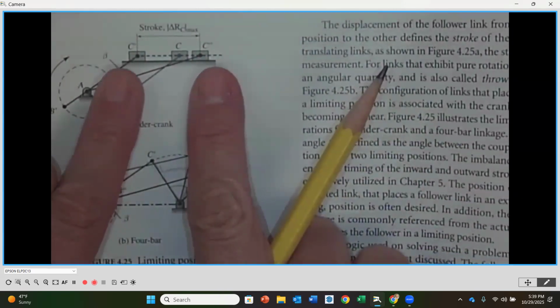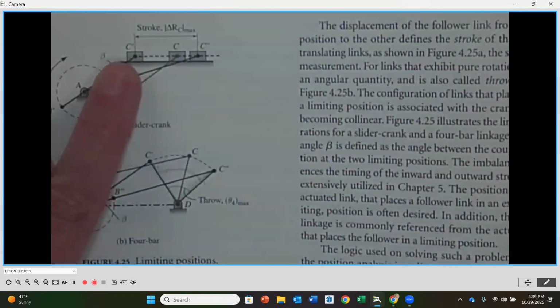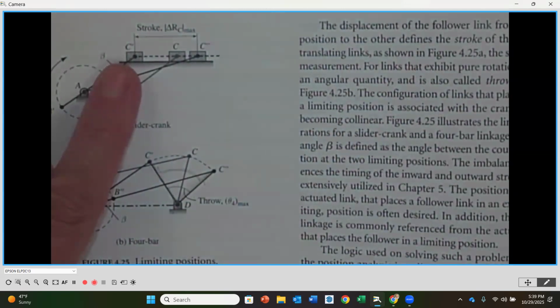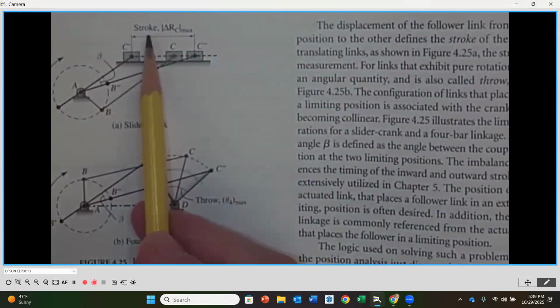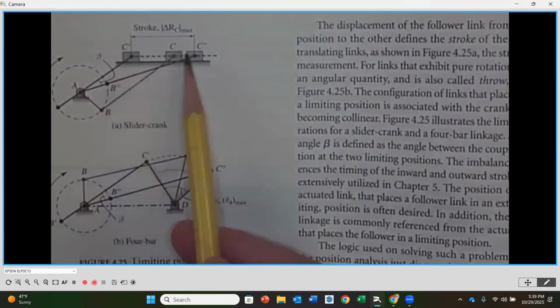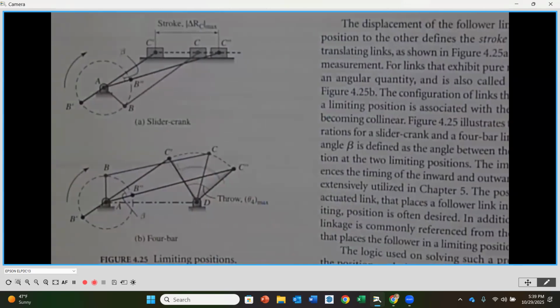These are the limiting positions, the furthest extreme out and the furthest extreme in. The difference between those two is called stroke. Stroke is always that linear displacement,